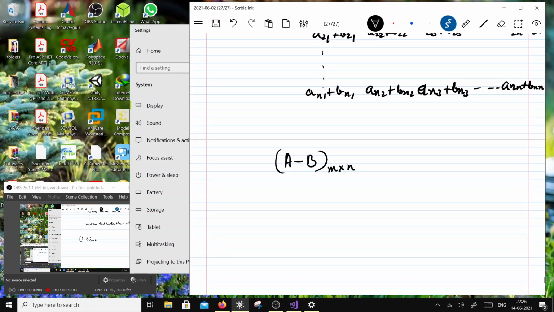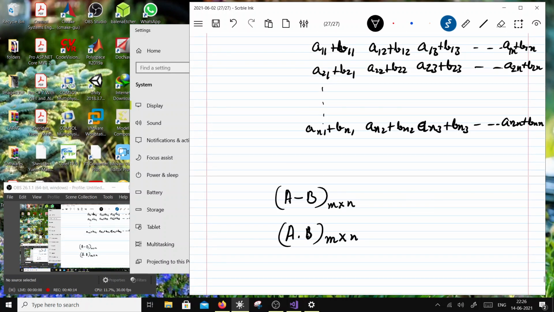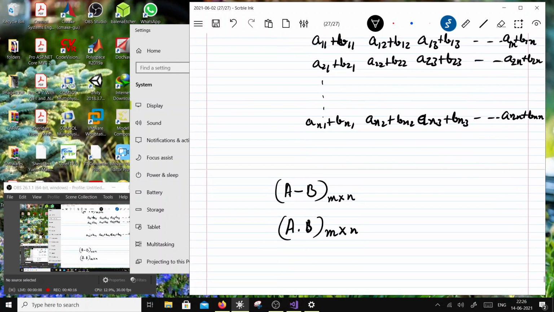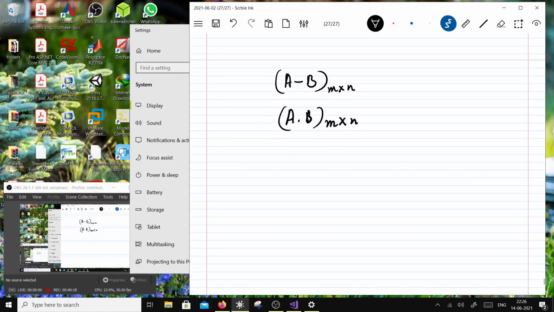Then you can also do a dot product. So dot product would be basically element by element multiplication of the two matrices, which will be again m cross n. Okay, so this will be a dot product. So you have an addition, you have a subtraction, you have a dot product, but then you will have a